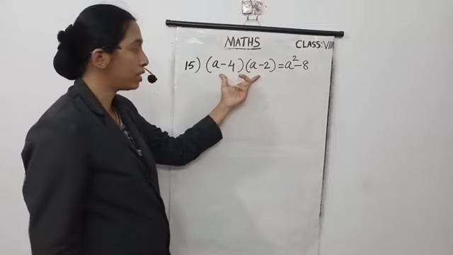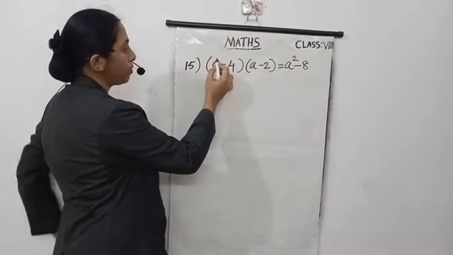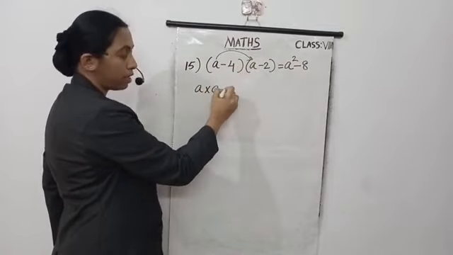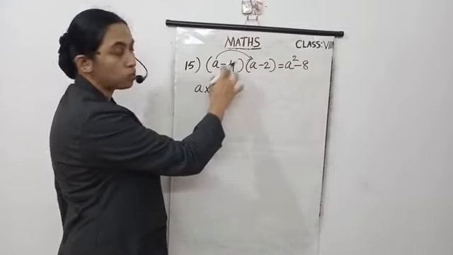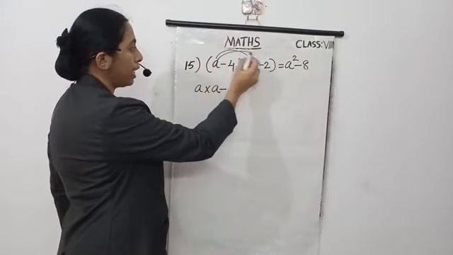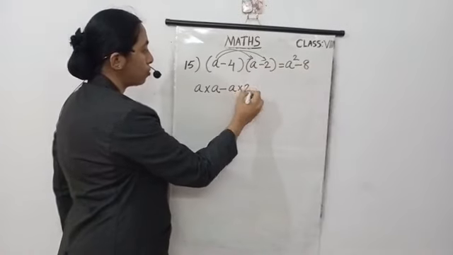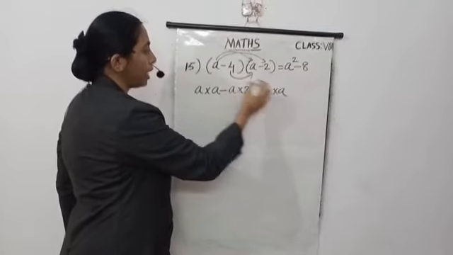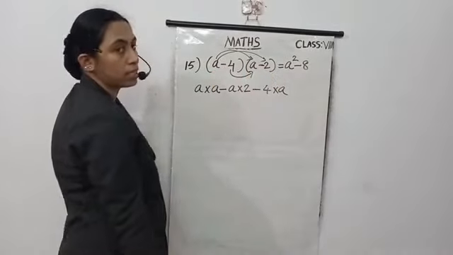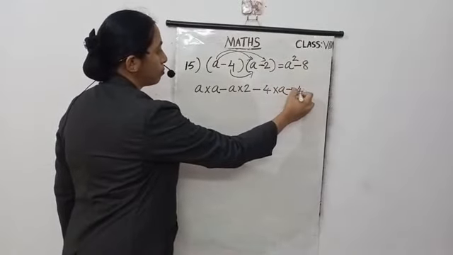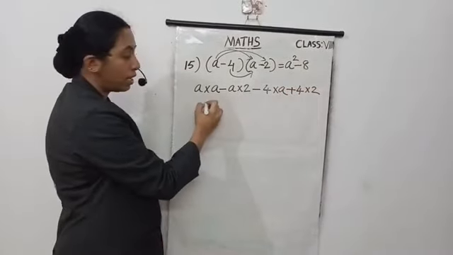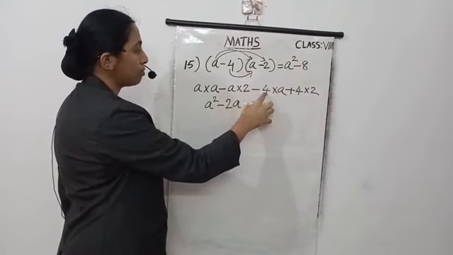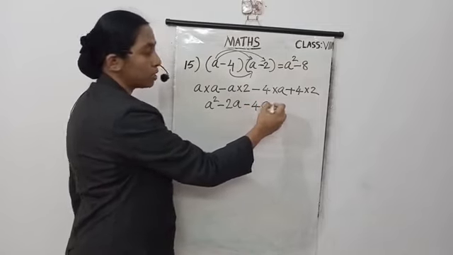So expand this side. So here also, as in the previous question, a into a. Then this minus sign. Here we are careful about this minus. Okay. Then a into 2. So this is a into 2. Then this minus 4 into a. Then this minus into this minus, plus 4 into 2. A into a is a square, minus a into 2, 2a, minus 4 into a, 4a, plus 4 2s are